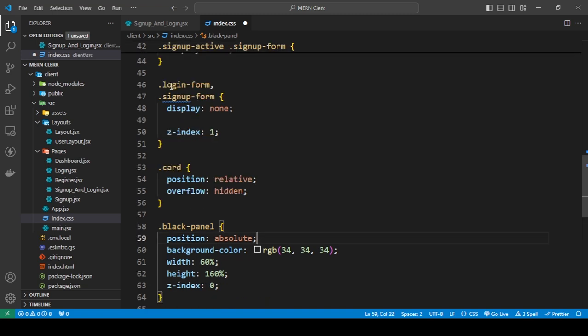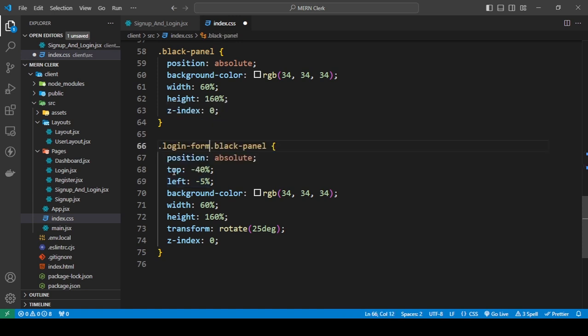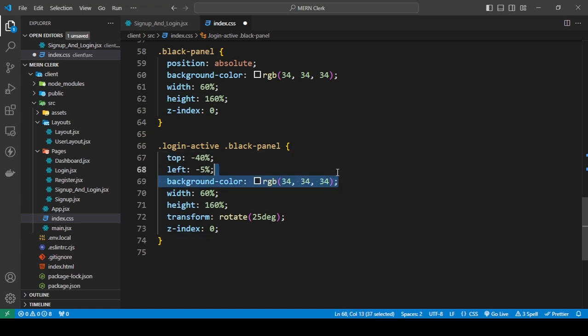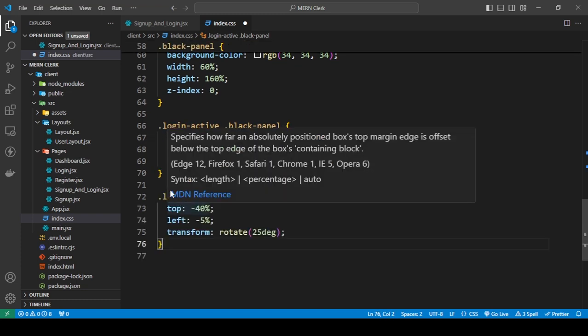So here, just to keep things simple, I'm gonna say that this is for when this is active. Oh, sorry, active, okay? When we have login active, the black panel inside of this is going to move. I don't need a position, and I need these. I don't need this. The width and the height are fine. The transform, I don't need the z-index. Okay, and I'm just gonna copy this now. I'm gonna put this here. I'm gonna say